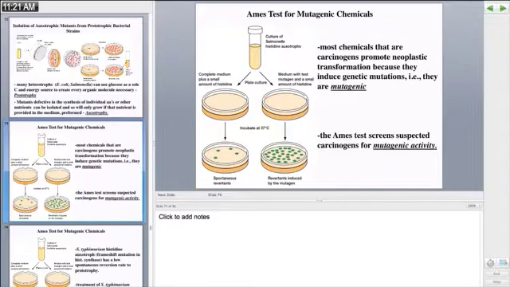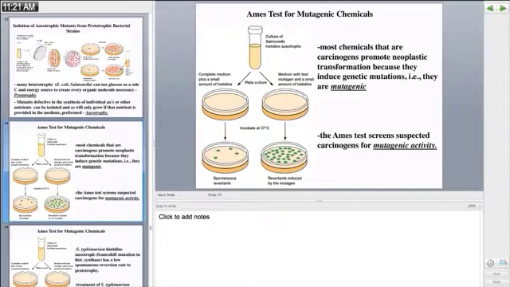And so, we still have to, sadly, do too much animal testing on various chemicals. But Dr. Ames decided that what he could potentially do would be to use bacterial auxotrophic mutants to screen chemicals to see if they had an increased mutagenic capability. So this is what's known still today as the Ames test. And this has probably saved an awful lot of mice and rabbits' lives, because any new chemical that's proposed to be used as a food additive or an insecticide will go through the Ames test first